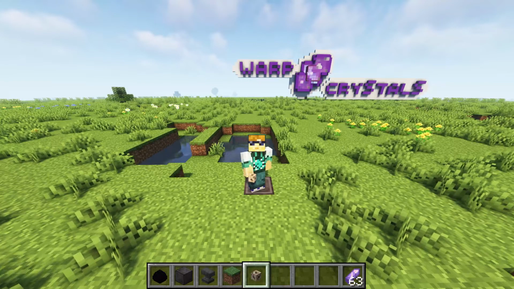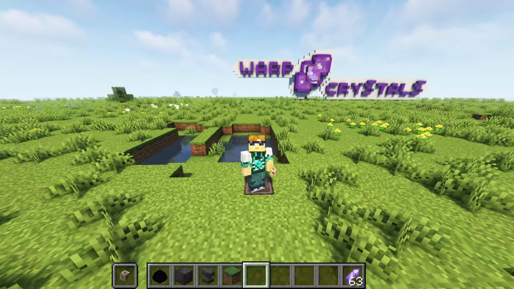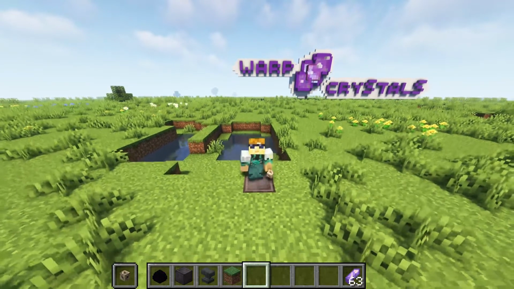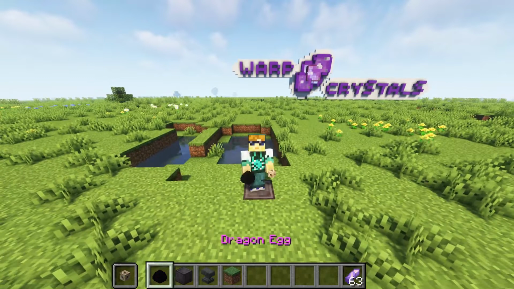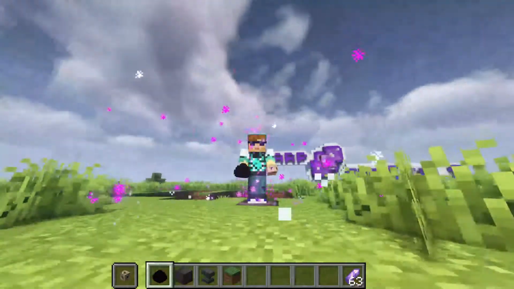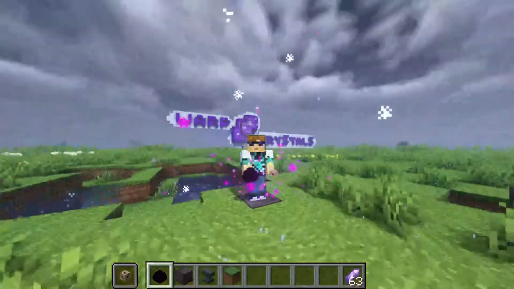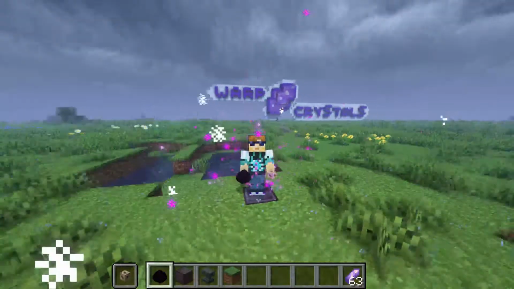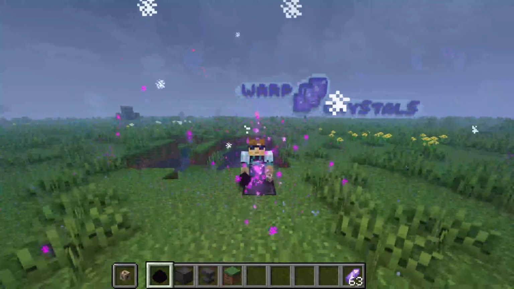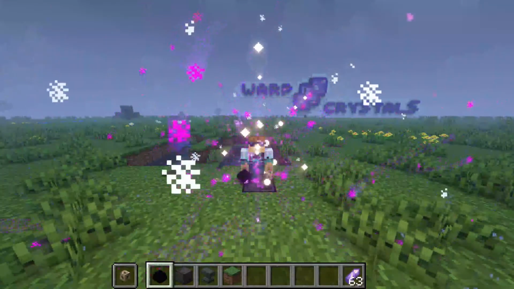So I've got all my ingredients, but I'm not quite holding them correctly. I need to have the conduit in my offhand. I need to be standing on the netherite block, as I am presently. And then I need to be holding the dragon egg in my main hand, and then as you can see, a thunderstorm begins, and this wonderful sparkly purple particle effect starts. And then if I crouch, you'll hear the nether portal effect start. And then...